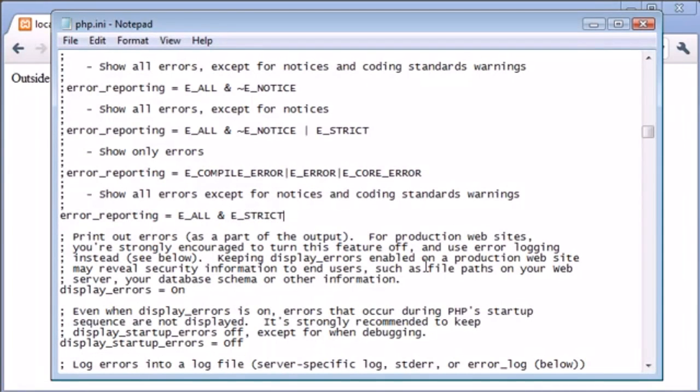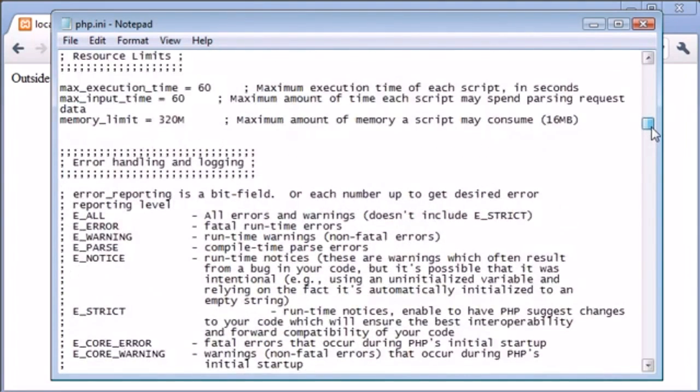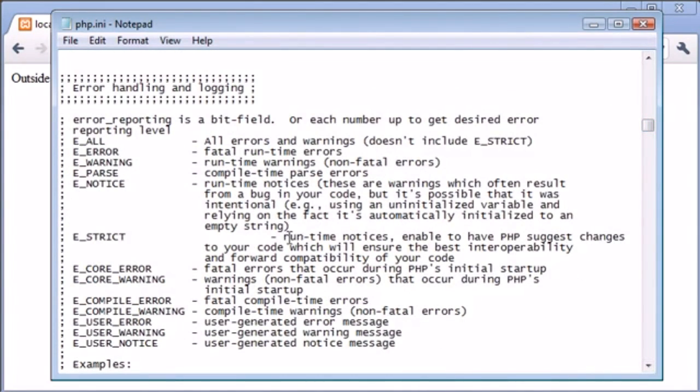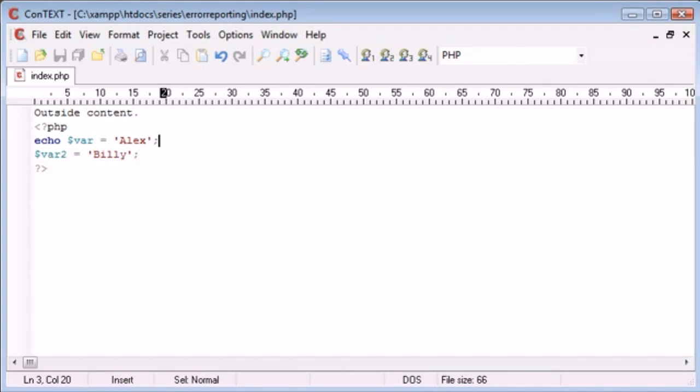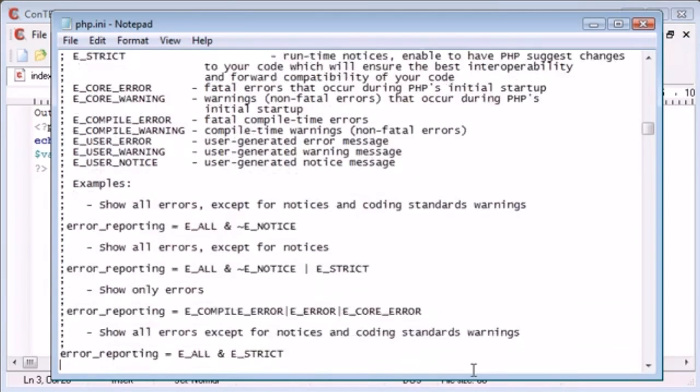So what we're talking about is code that might run, but let's have a look at the definition. It might run, but it's runtime notices that enable PHP to suggest changes to your code, which will ensure the best interoperability and forward compatibility of your code. So it's basically giving you messages about your code itself rather than errors that you might be coming across. So you don't need to include this, but maybe it's a good idea if you want that kind of error